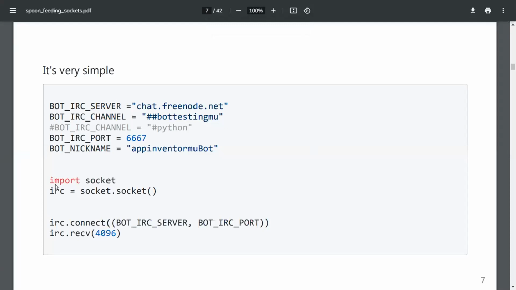The first step was to just instantiate a socket, connect to the server, then to the port, and then receive whatever was being sent.